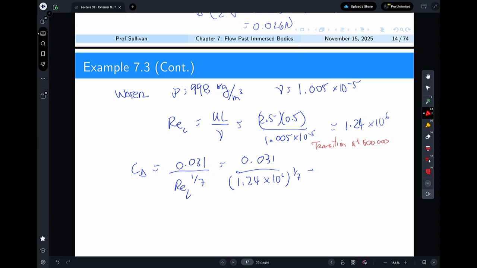So it ends up being 0.031 over 1 point, oh no, sorry. I made too much. I want it cleaner. 1440 over Reynolds number to the power L,